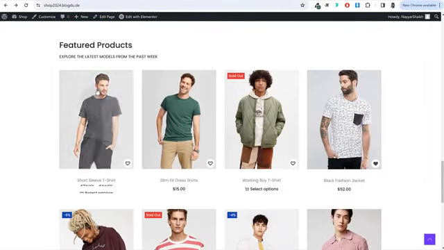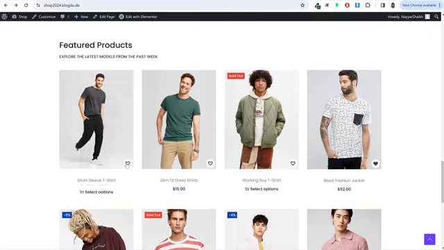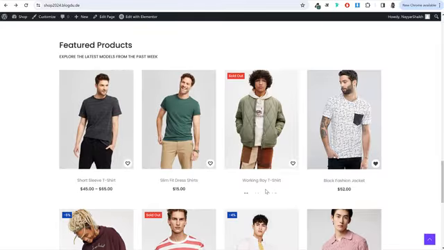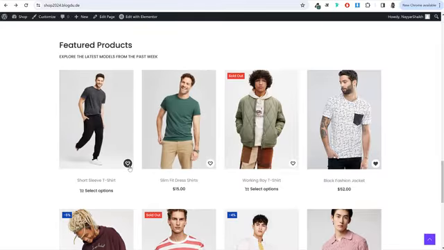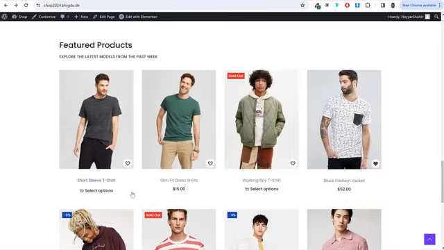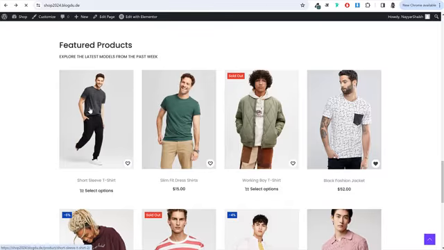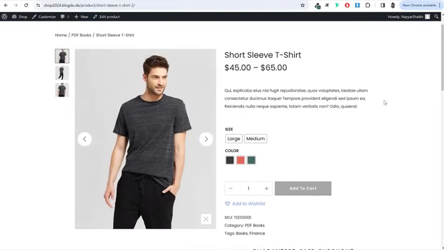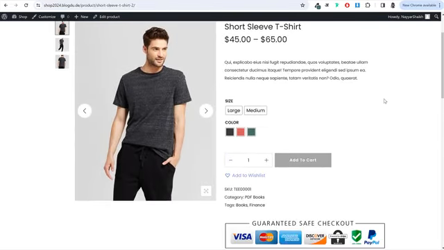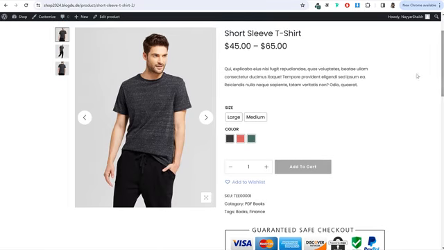Now, if I open this product, you can also, by the way, add the product in the cart or add the product to your wish list by simply clicking on this heart icon, or just clicking on this buy from Amazon or add to cart button. Now, if I open this product, this is a variable product. A variable product is simply a product which is available in different variations. For example, you can see this is a black t-shirt, but this t-shirt is available in large and medium size